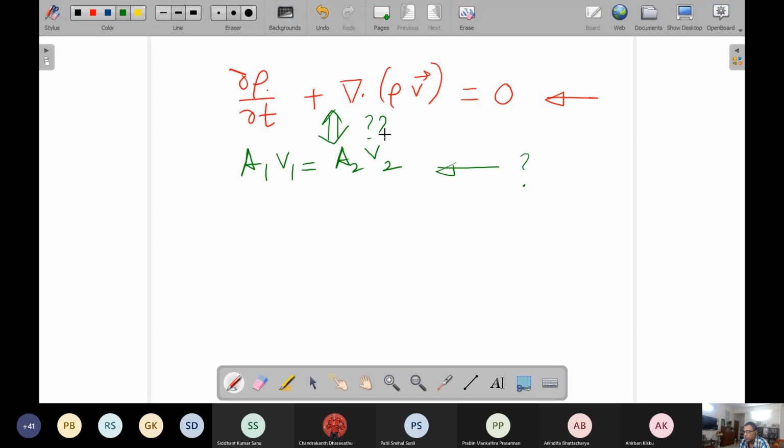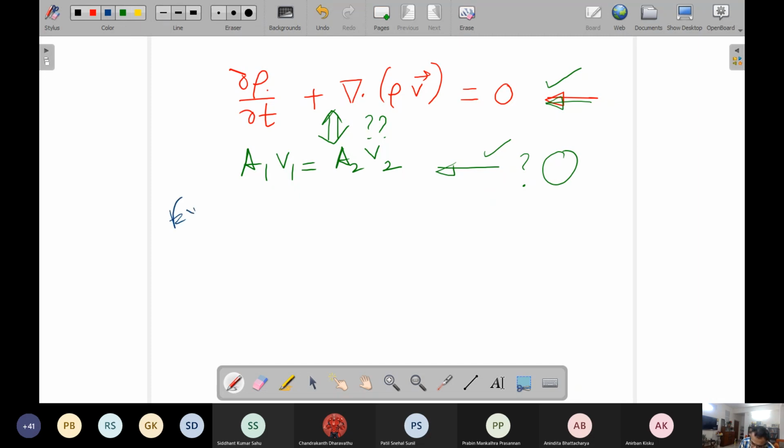Because somebody being asked to write a continuity equation may write this, or even write this, and if somebody writes this, you cannot simply say that it is incorrect. But at the same time, it is not what we have learnt as a mathematical description of conservation of mass. So where is the gap between this, what is covered mostly at high school level or early undergraduate level, and this one, which is also covered in the undergraduate level and more deeply in further studies? So to understand that, the best way is to take an example.